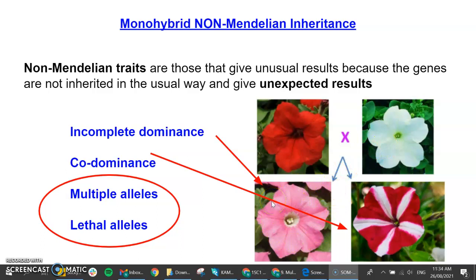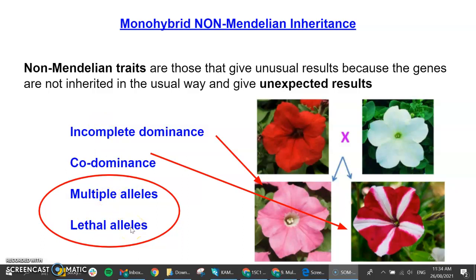Similar but not exactly the same as codominance, which is where the heterozygous offspring of these two purely bred flowers will show complete dominance in certain areas of the flower for either allele. So they co-dominate in particular areas, whereas here, neither is able to completely dominate the other. It is incomplete. The final two patterns we're looking at are multiple alleles and lethal alleles, but I want to